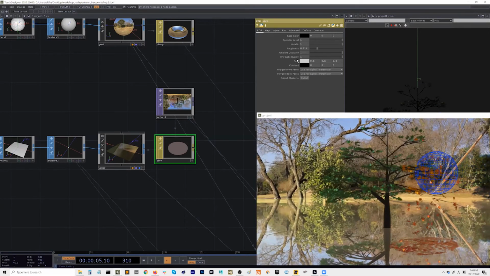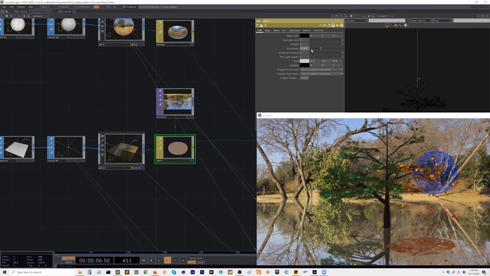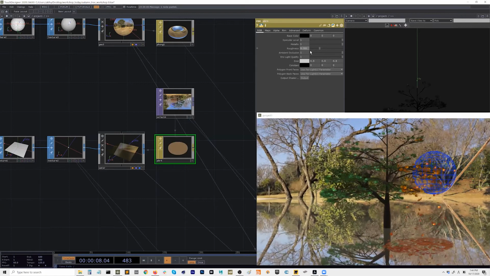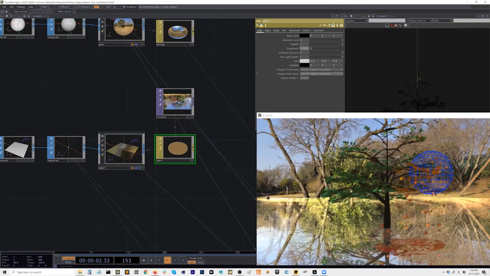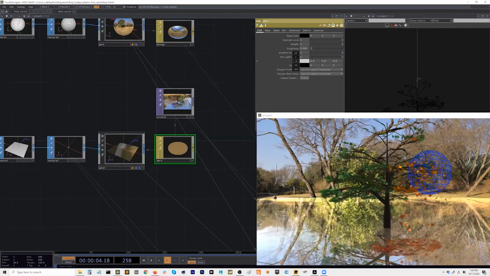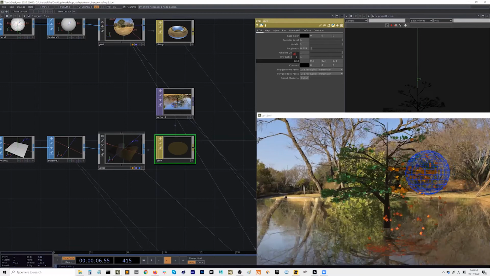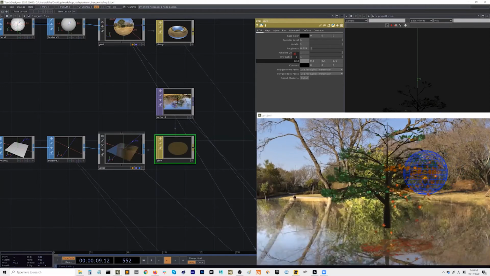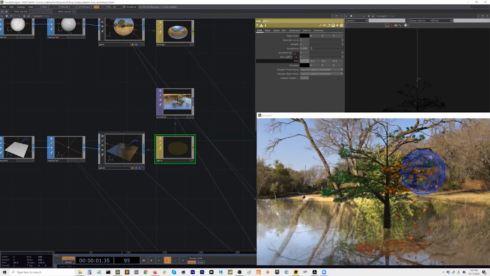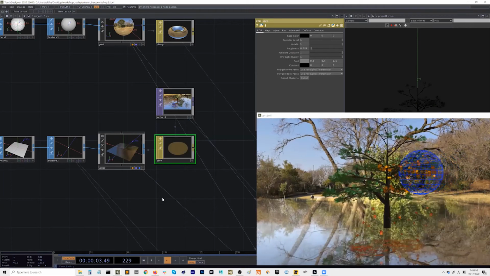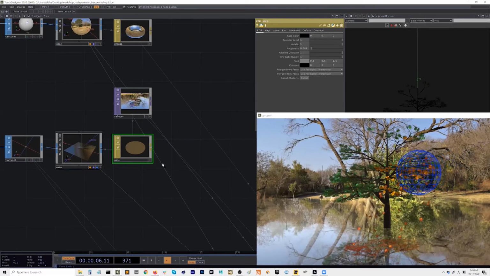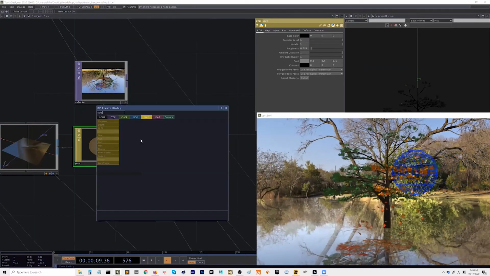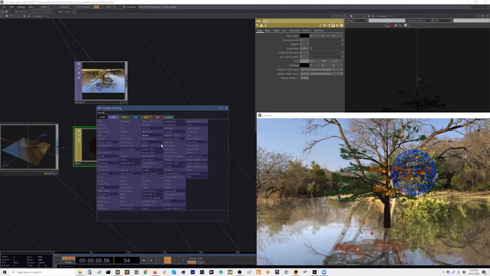So we bring roughness down closer to 0, but not completely. And then emission, we can bring that down a little bit so that it's not all the way to 1. Okay, so we kind of have this double reflection, which is suspicious, but it's okay. I think once we add a little noise to it, it's going to look something.